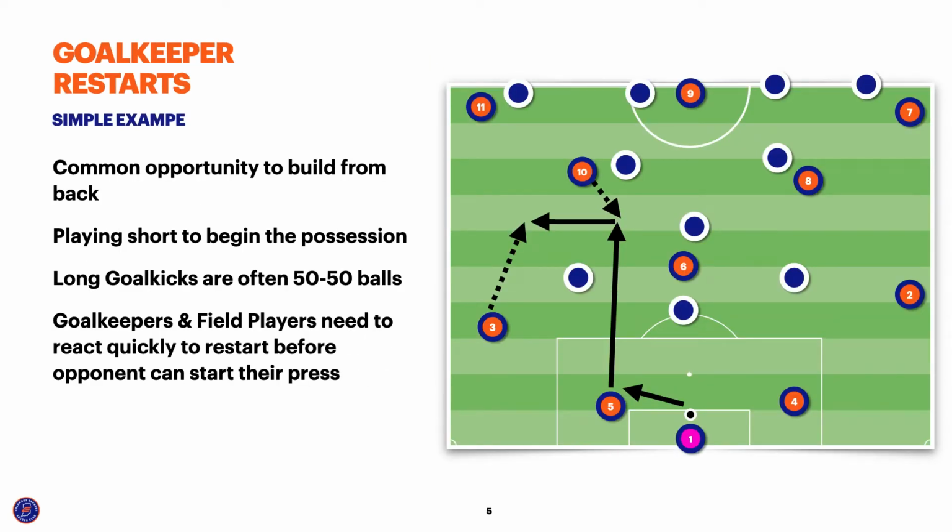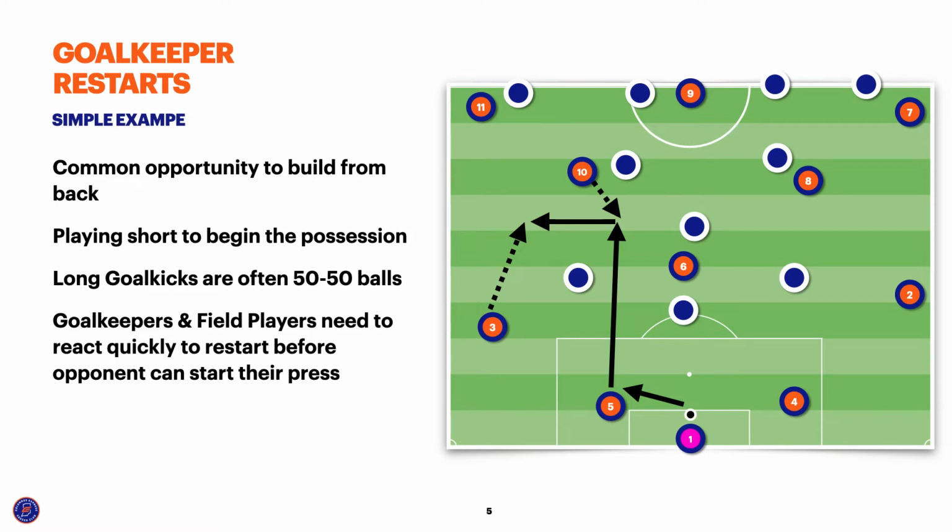A very simple example that you'll see in almost every youth game is a goalkeeper restart. This is a common opportunity to build from the back. One generic, simple example would be playing short to begin the possession from the goalkeeper. Center backs are split, outside backs are wide, and wingers are high with the forwards. This is creating bigger spaces for the midfielders to play, but also inviting the opponent to press where maybe we